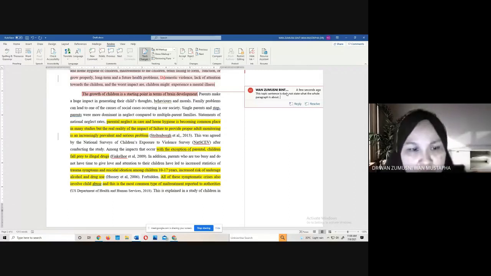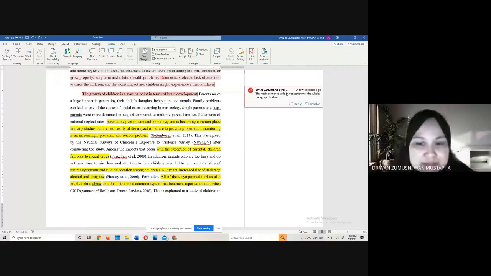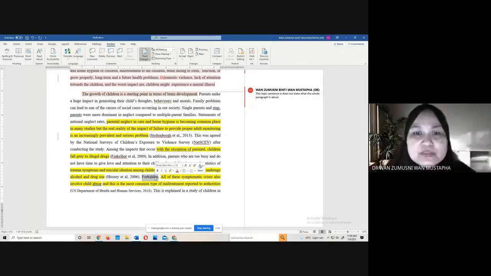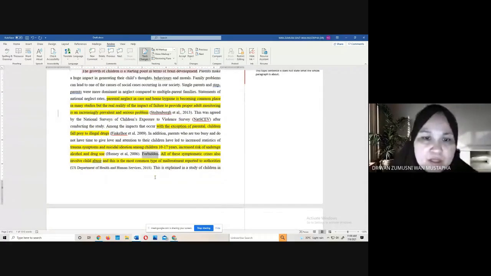There are a lot of points in this paragraph that are relevant to your title, but not well stated in terms of the topic sentence. Why is there a sentence here standing out like that? So in this paragraph, there are a lot of